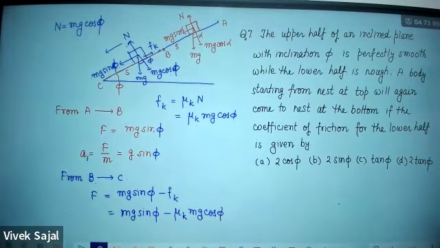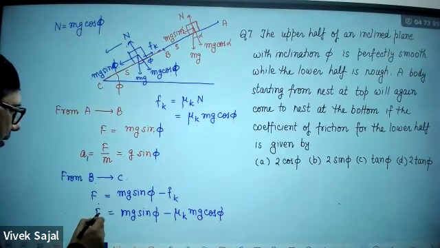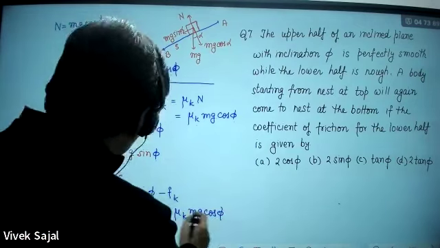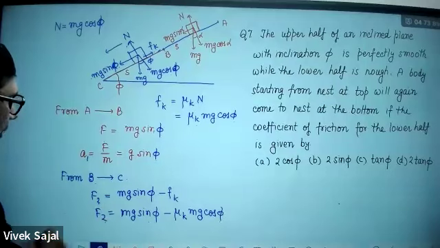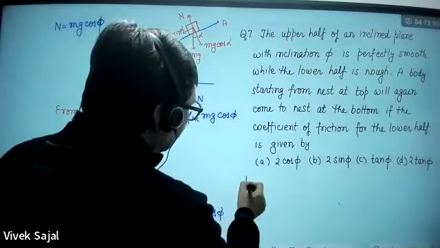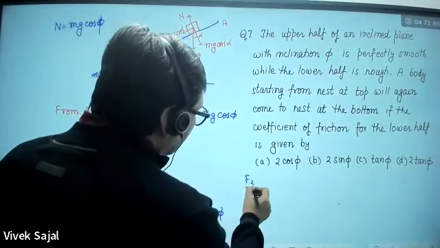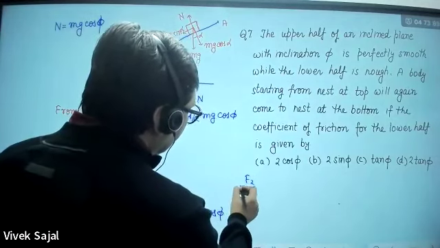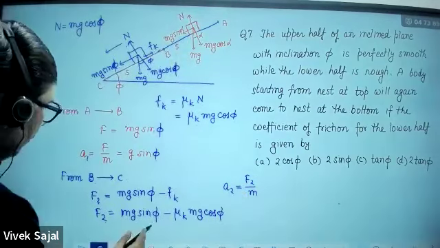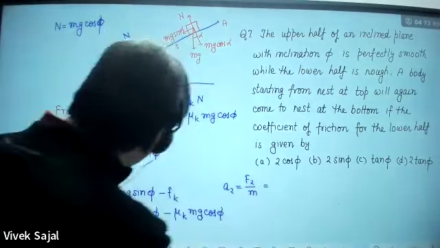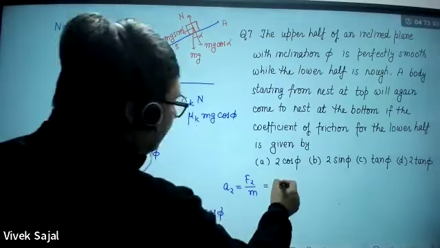This will be mg cos phi. This will be F. If I bring this here, what will the acceleration due to this force be? I can write it as F2. This F2 divided by m will be A2. So A2 will be how much? Divide this by m, so this will be g sin alpha